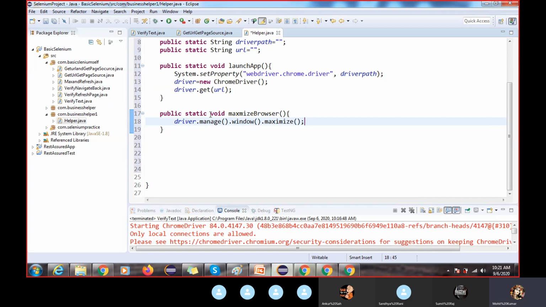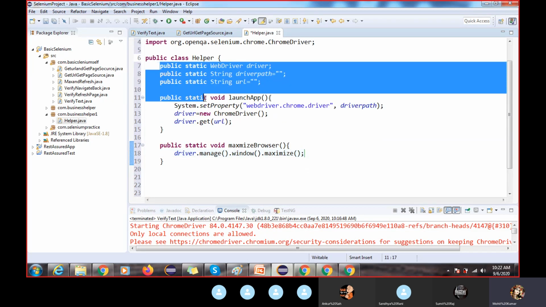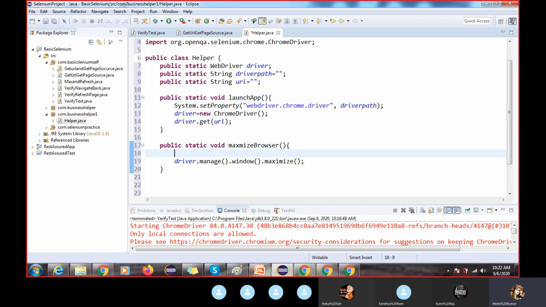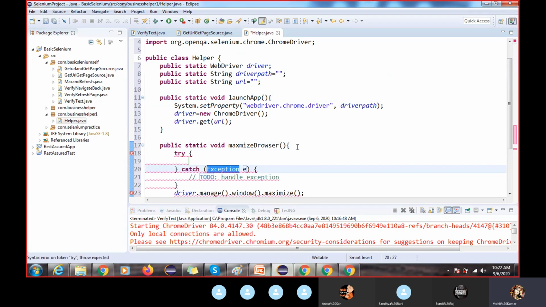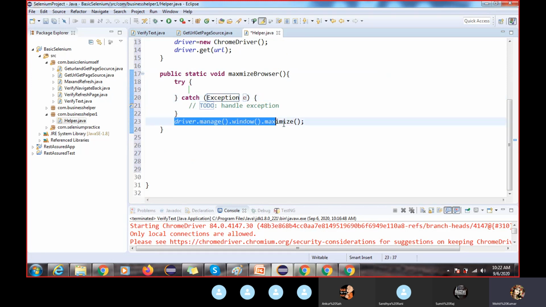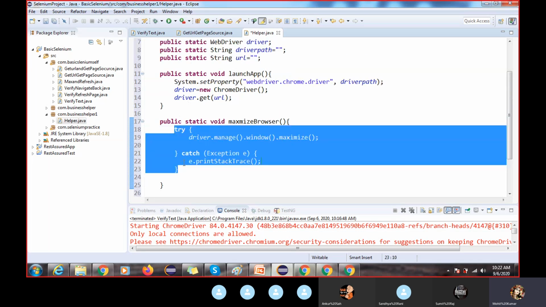If you are creating this helper class and reusable methods, it is better to write them in try catch. If you don't know the try catch concept, I will tell you what it means and how we write code in real time. Try catch is a block.